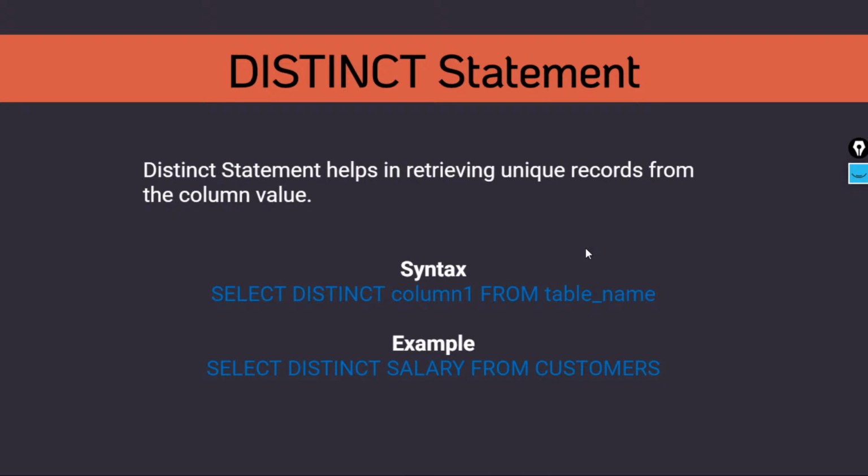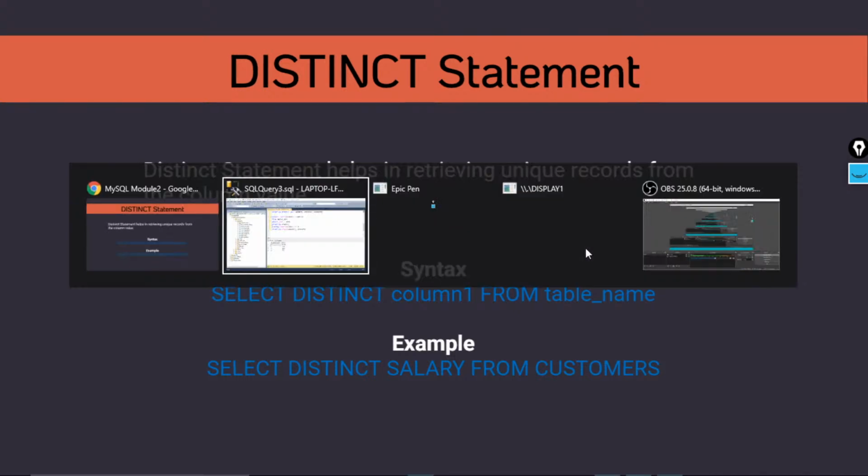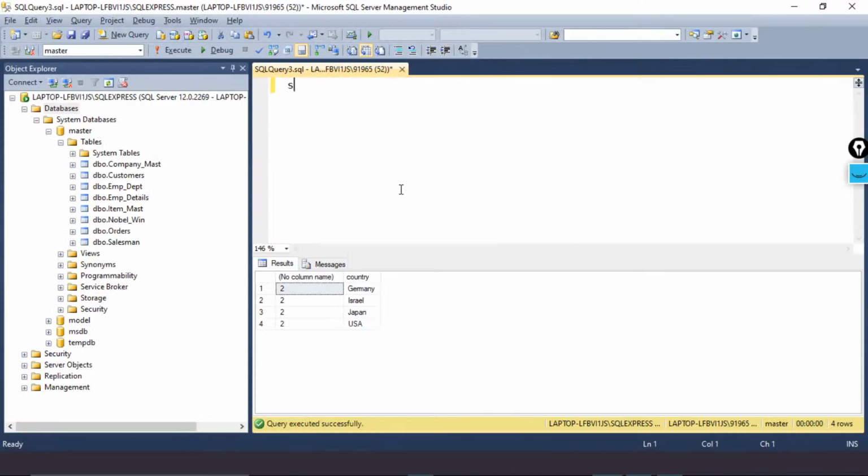At the end of the day, if you have several values, it will not allow you to have several values. It will return only unique values from the record. Now to give an example,